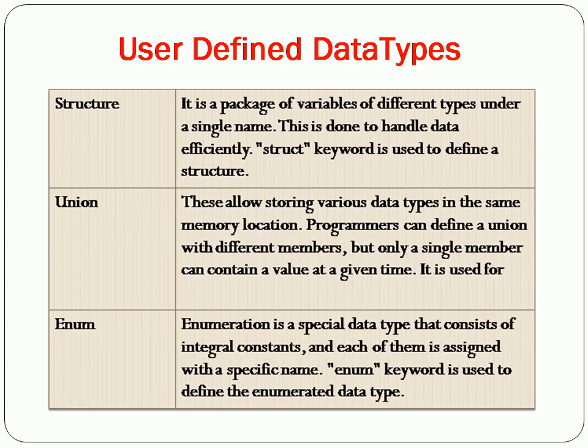C allows a feature called type definition, which allows programmers to define their own identifier that would represent an existing data type. There are three such user-defined data types: structure, union and enumerators. We will see these data types in detail when we talk about the topic called structures and union. But we will look at the data type called enumerator in the next slide.